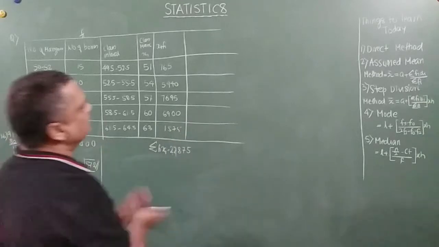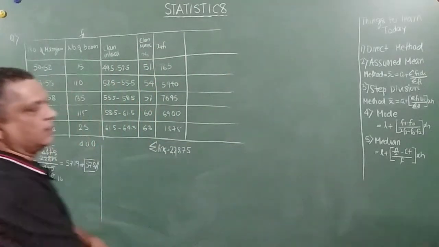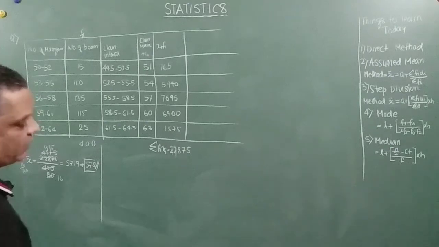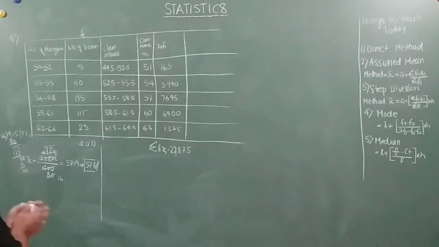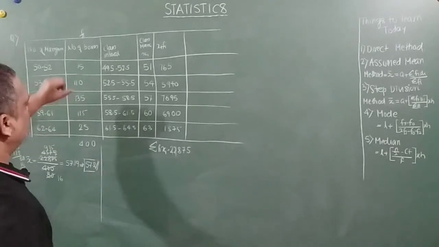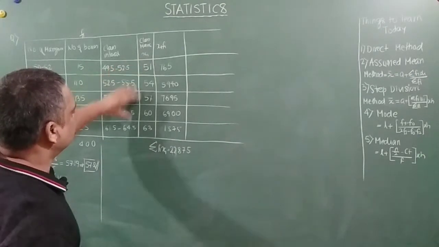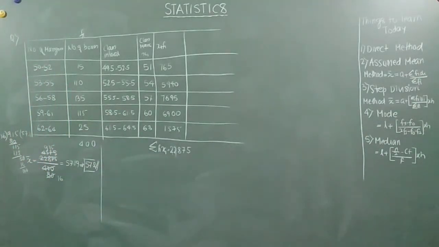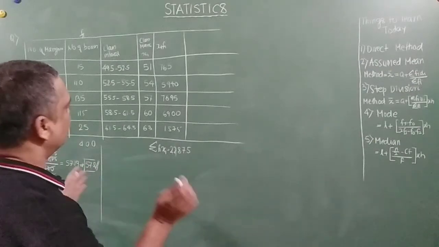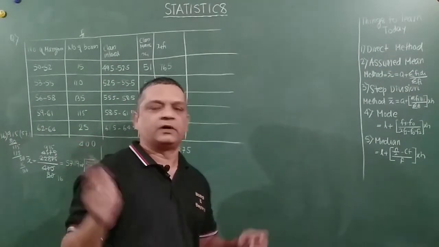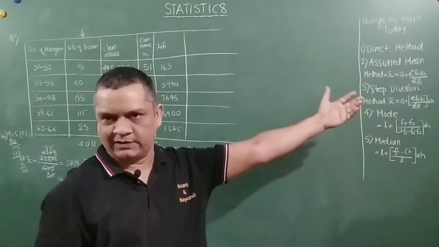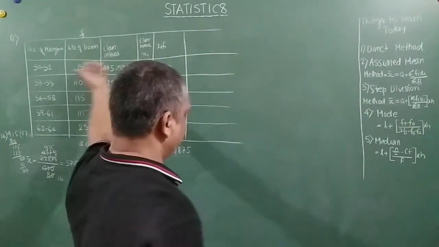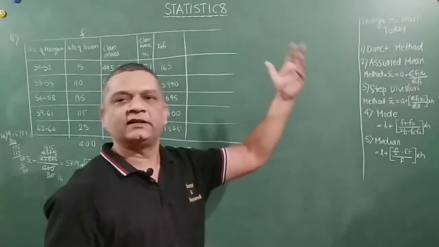Now let's move forward and try to find out the second mean method, that is assumed mean. So let us assume a mean here, right? So class mark is this, so 51 and 63. Do we need to? No, we have already seen that, right? So we will move forward, friends. We are not going to take up the other two methods of finding out the mean here. We have just found out the mean. Now we will move on to median and then to mode, right?